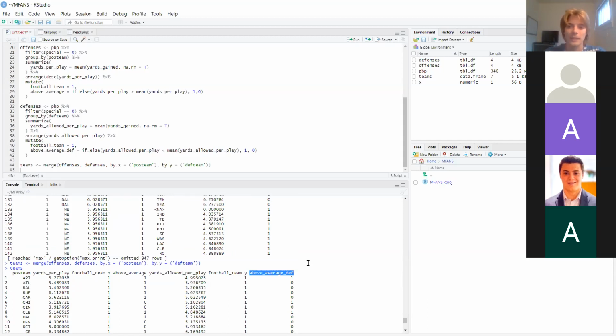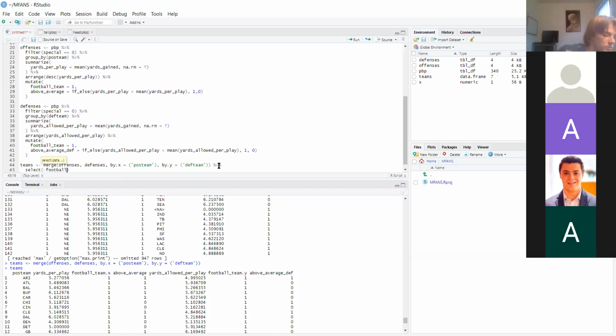So we have some redundant data here. Namely, are they a football team? Also, we don't care about this data. So we can take those columns and throw them out. So how do we do that? What we can do is use another function called select. It lets us select the rows we want or take out the rows that we don't want. So how do we take out the columns we don't want? So we do select minus